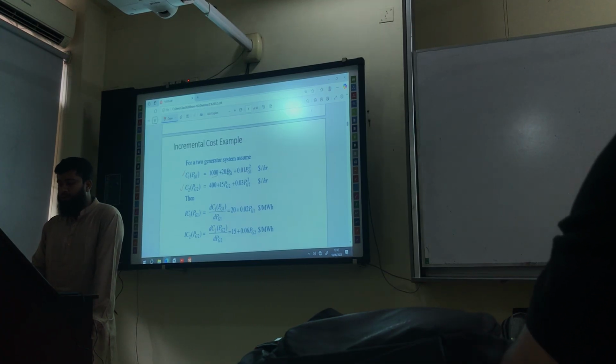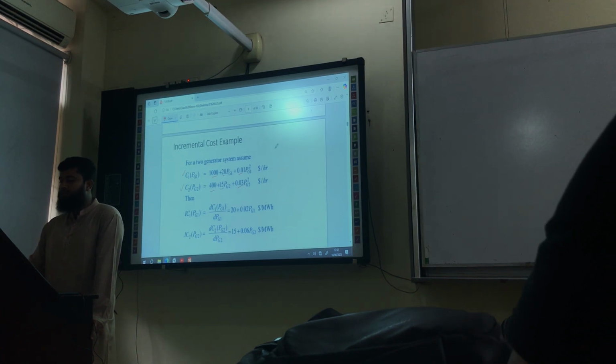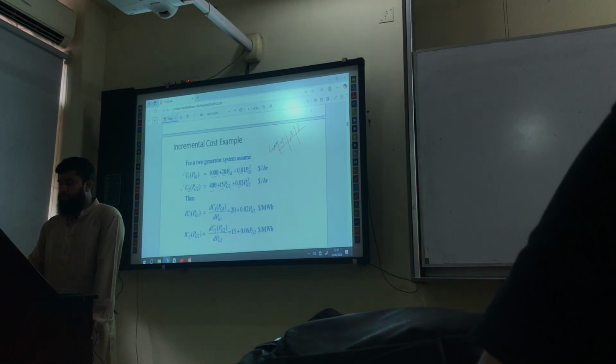Look, the alpha, beta, gamma values are given, right? These values will be given here, or these values will be given in a table like this. So this is alpha, beta, gamma. So this is the generator. Okay. Generator 1, generator 2. For generator